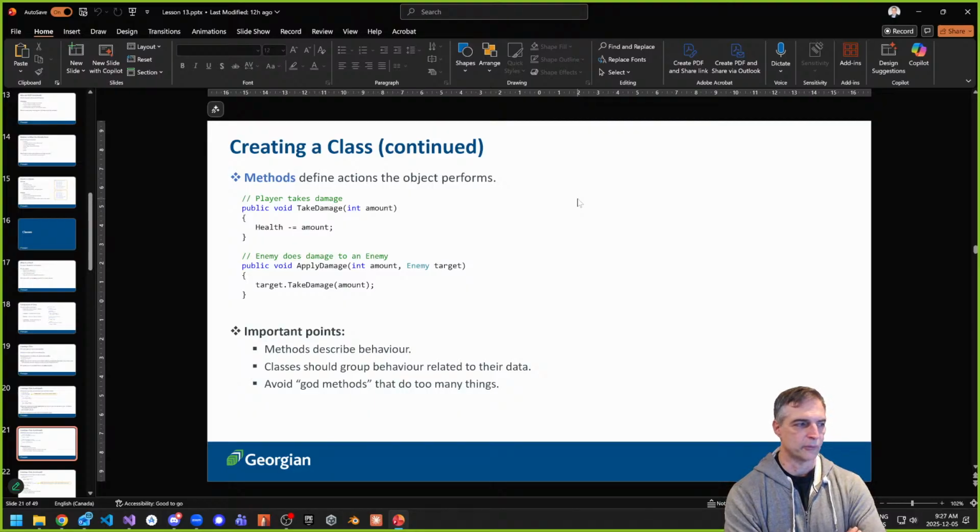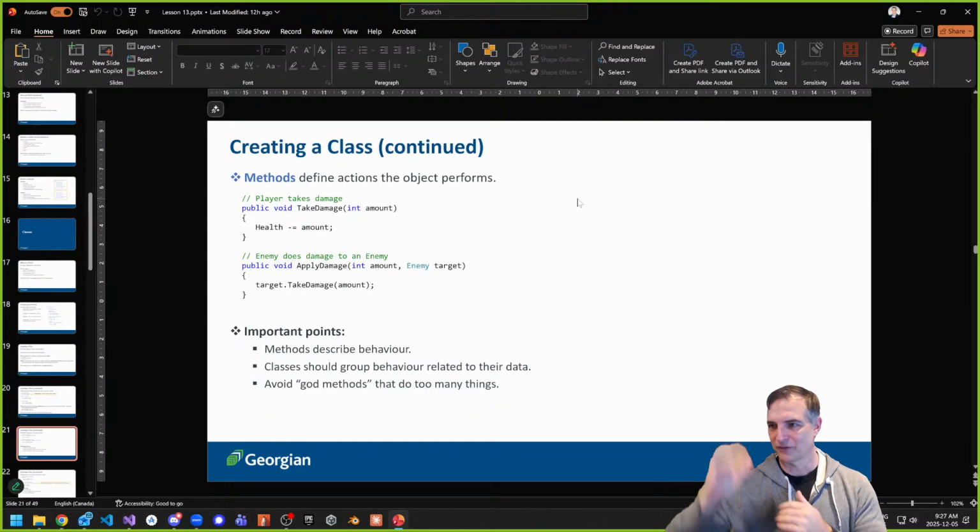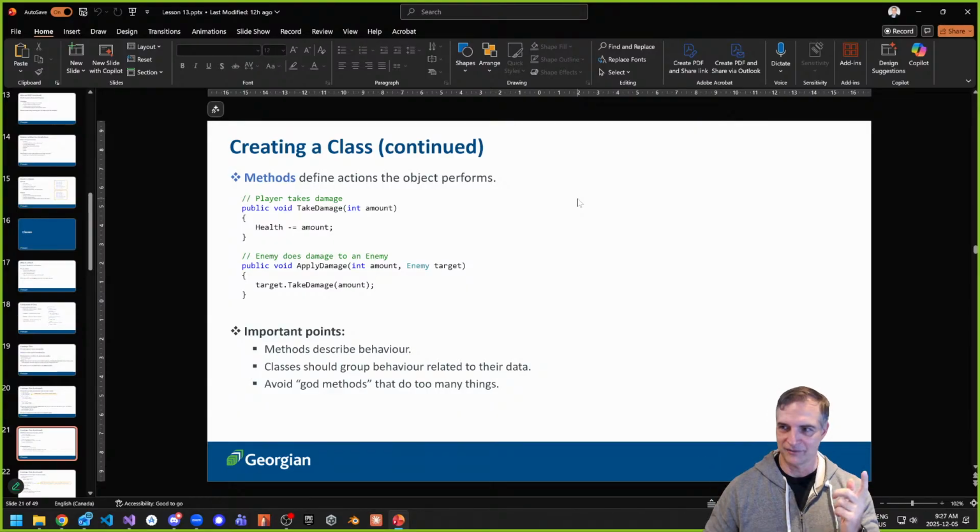So important notes for this one are methods really describe behavior, like something that you're going to do with your game object or whatever. And with classes, what we want to try and do is add methods that make sense. What we don't want is God methods. I'm sorry to say it that way, but these are methods that do everything. This method can load, it can save, it has a lot of different functionality. Once you go down there, it's like, can't you break that method down, that function, into smaller bits? You can a lot of times.